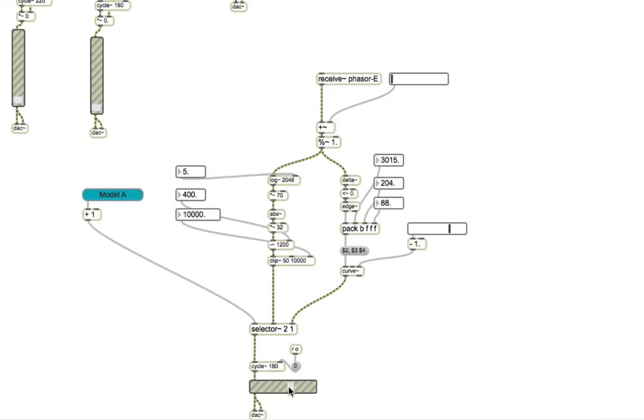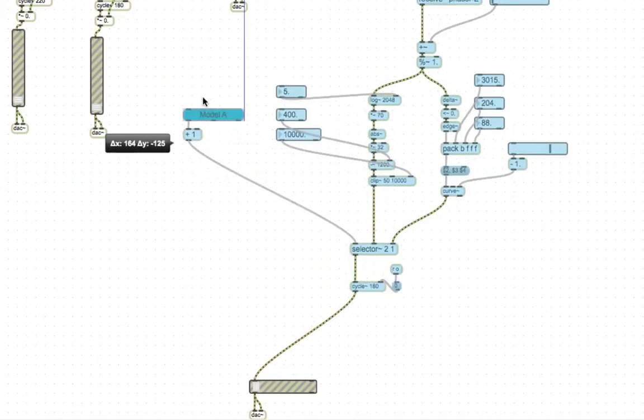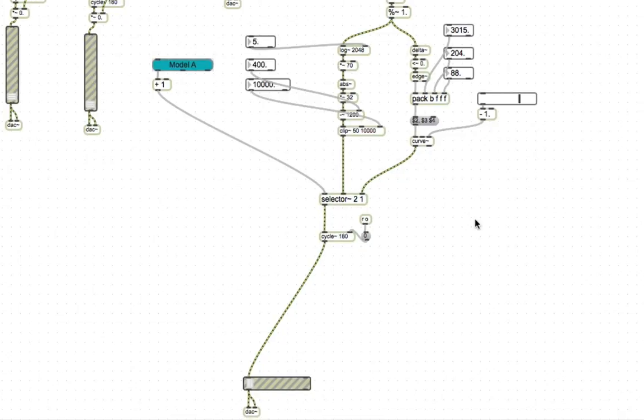So let's hear what that sounds like real quick. So here we're using model A, and now model B. I mean, they're both just modulating the frequency according to some exponential curve, but they're doing it in different and interesting ways. So that's pretty sweet. We've got our cycle here going, and we've got it modulating. The next thing that we want to look at